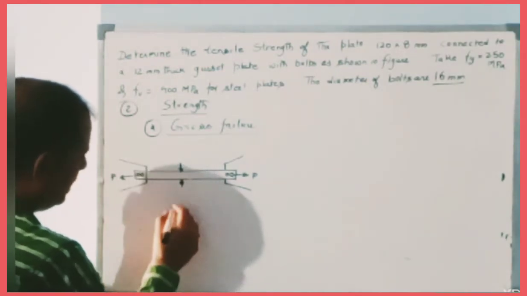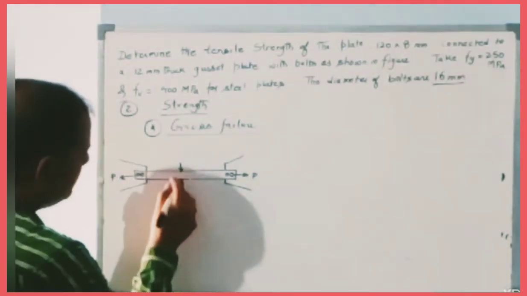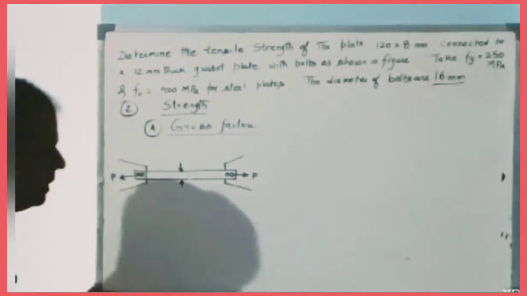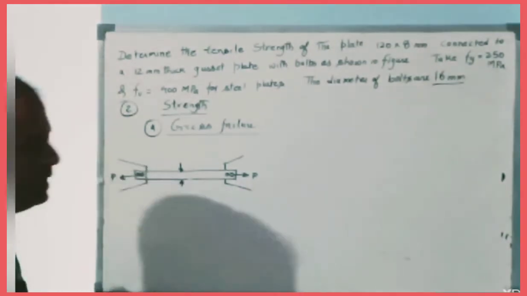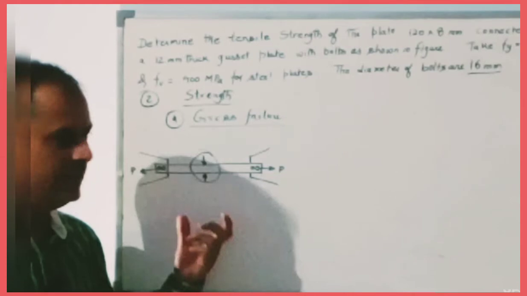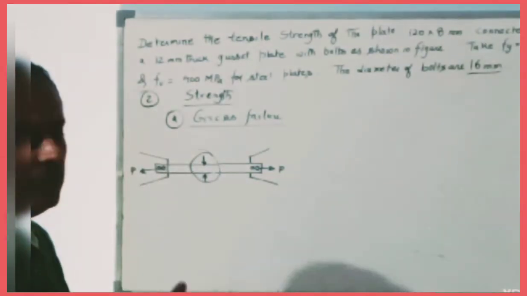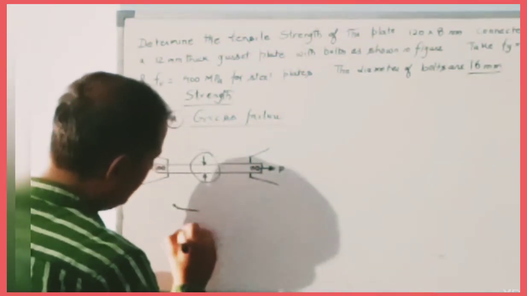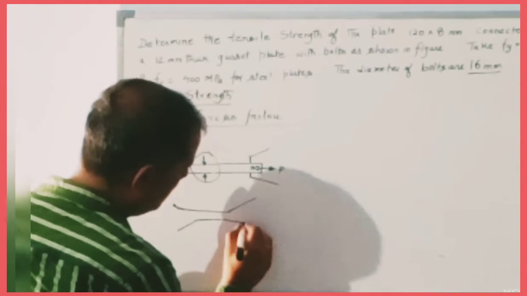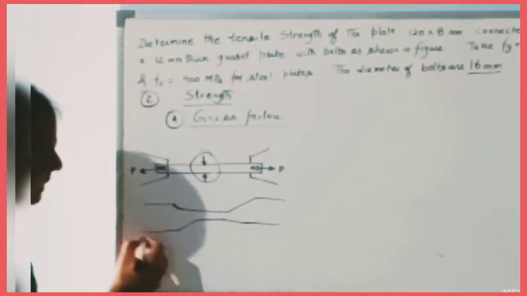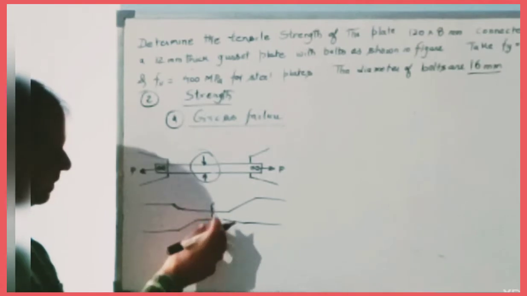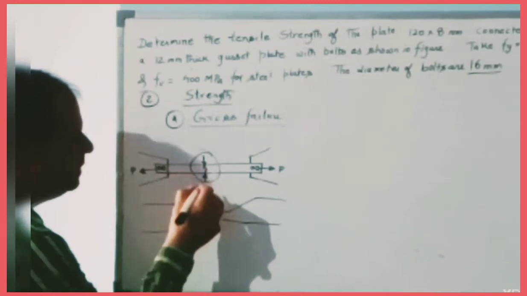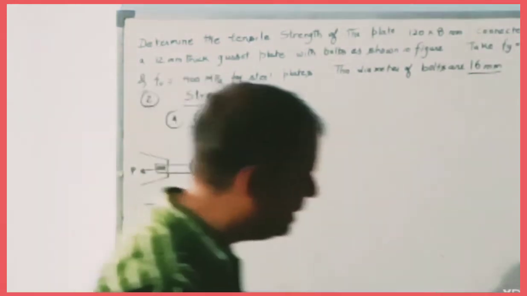And how will it fail? It will fail in yielding. The length of this particular part will increase. We know that in case of a tension member, the length of the member increases, but in a certain part, the length increases more proportionally. So in this part, the length will increase like this beside the other region, and it will finally fail by the cup and cone failure method in this region. So we can take this part of the tension member as the failure.